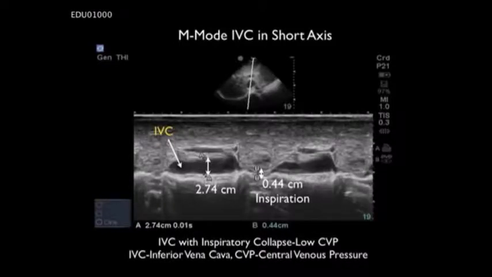We can use M-mode ultrasound to graphically show the changes in the IVC over time. Here we notice that the IVC is 2.74 centimeters at its widest diameter during expiration, but that it closes to 0.44 centimeters during inspiration. And while we talked about the absolute size of the IVC as being a predictor of CVP, I actually think the percentage change during respiratory variation is more important as a predictor of CVP. And in this patient, we notice a greater than 50% change, indicating a relatively low CVP, less than 10 centimeters